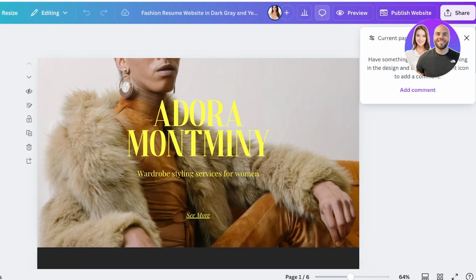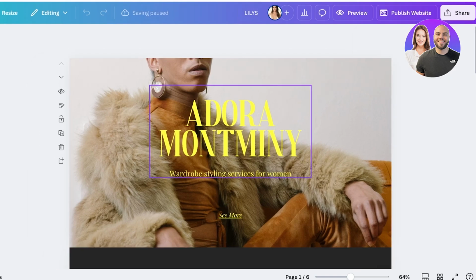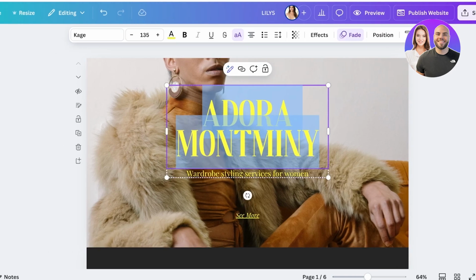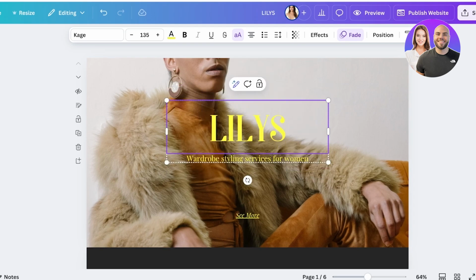On the top right, you're going to put in a title for your website. Once I've done that, I'm going to click on this text and I'm just going to change the text by typing my own. If you want to alter the colors, the fonts, or any other effects in the text, you can click on your text,